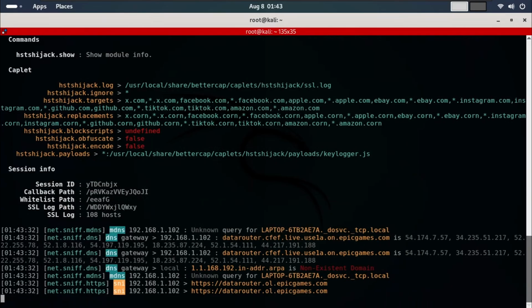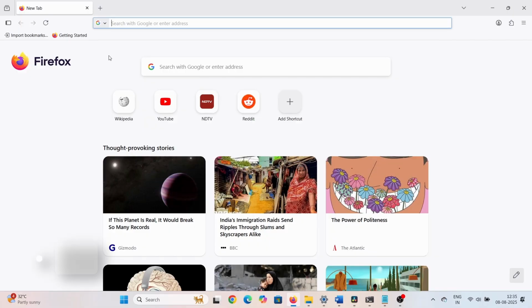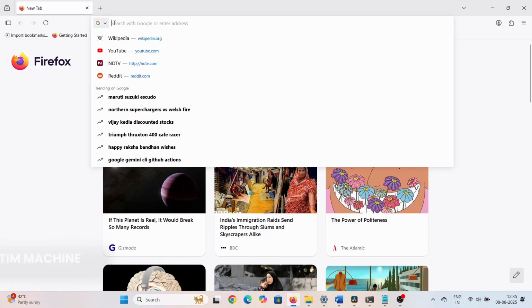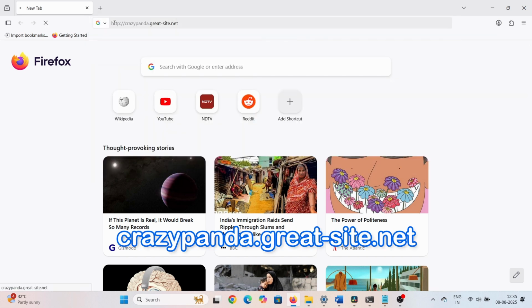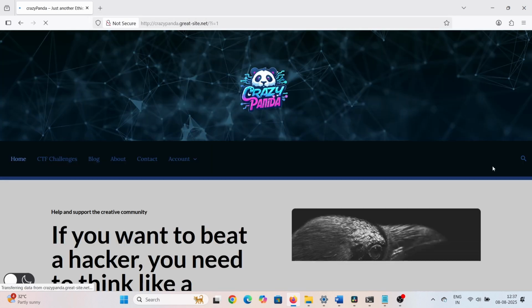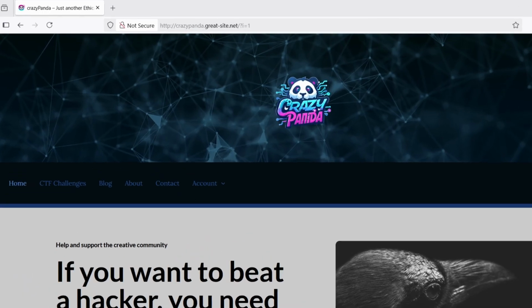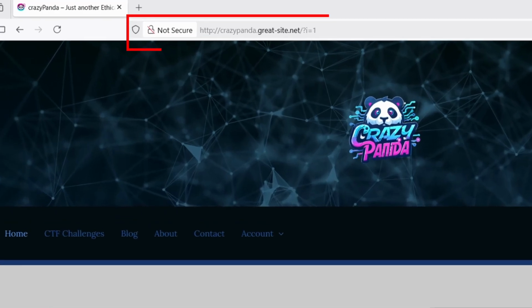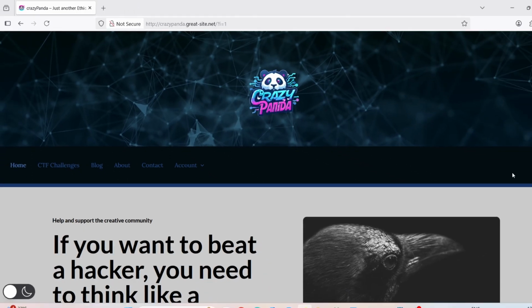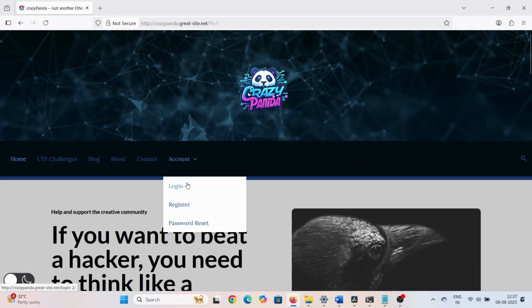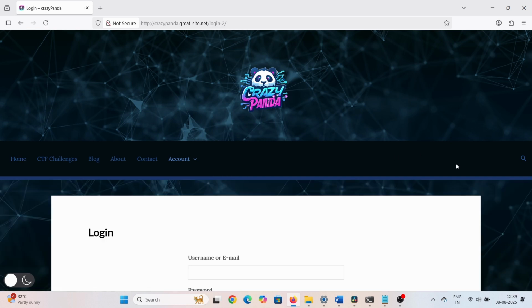With the attack fully operational, we switch back to our victim machine. The victim, completely unaware, attempts to navigate to crazypanda.great-site.net. Observe the outcome. Despite crazypanda.great-site.net being an HTTPS-enabled website, the browser has now loaded the content over HTTP. There's no padlock icon, and the URL prominently displays http:// instead of https://. The attacker has successfully bypassed HTTPS protection by intercepting the initial connection and forcing the browser to downgrade,